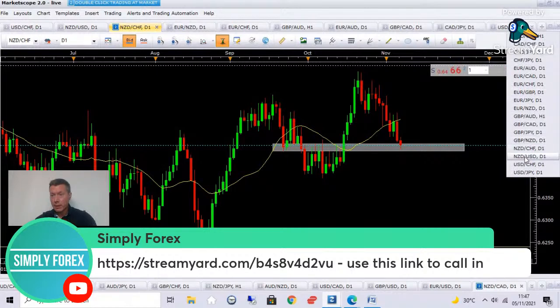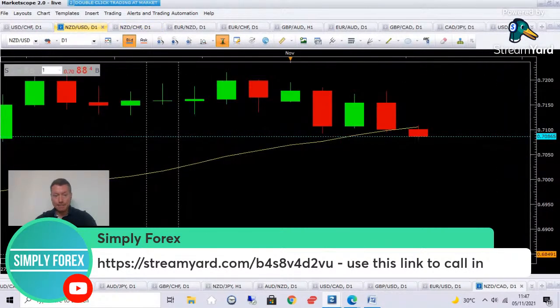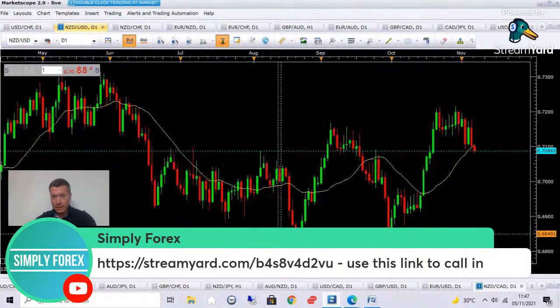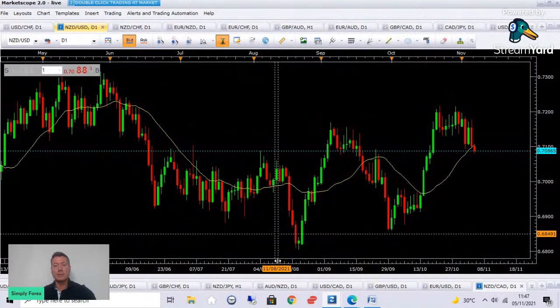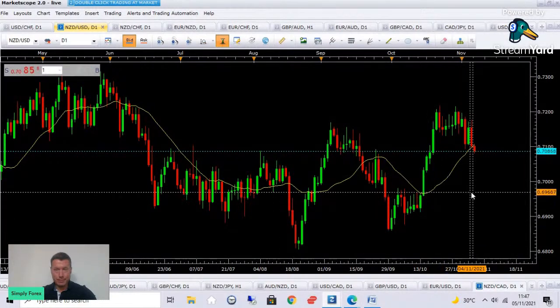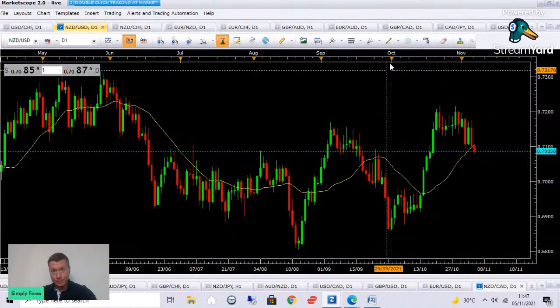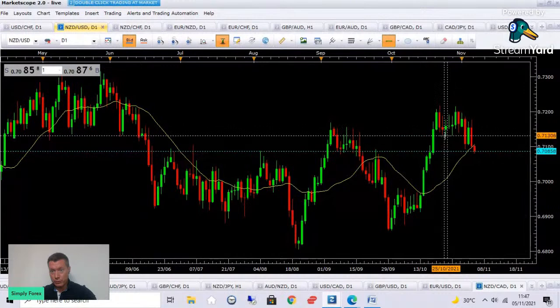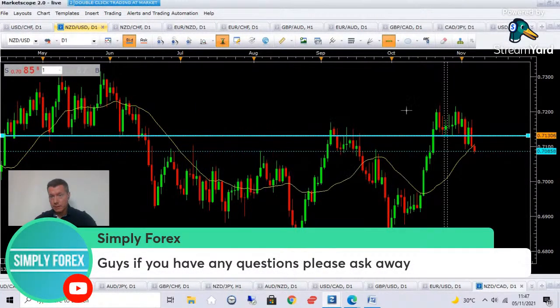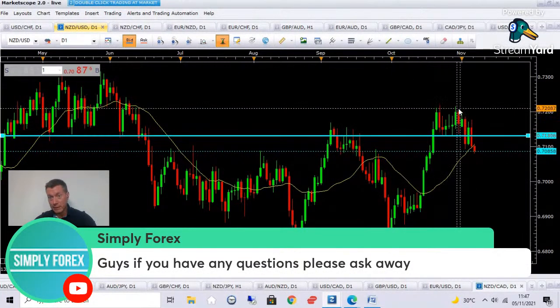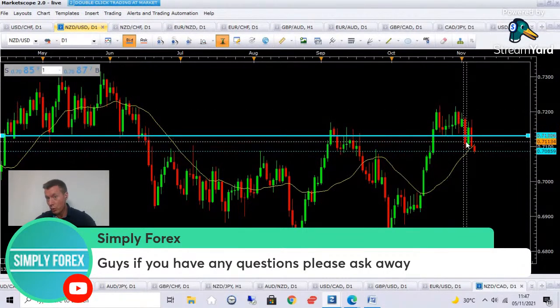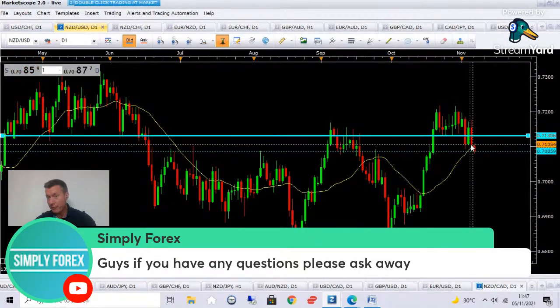Next one, New Zealand US dollar. So you can see, guys, what I have to do every morning. I have to do all of these currency pairs and analyze the market. Okay, so again, guys, it's broke this low. If I show that with a horizontal line, these lows here, price didn't go any higher. Market structure has broken down, and we've got a large bearish candle.